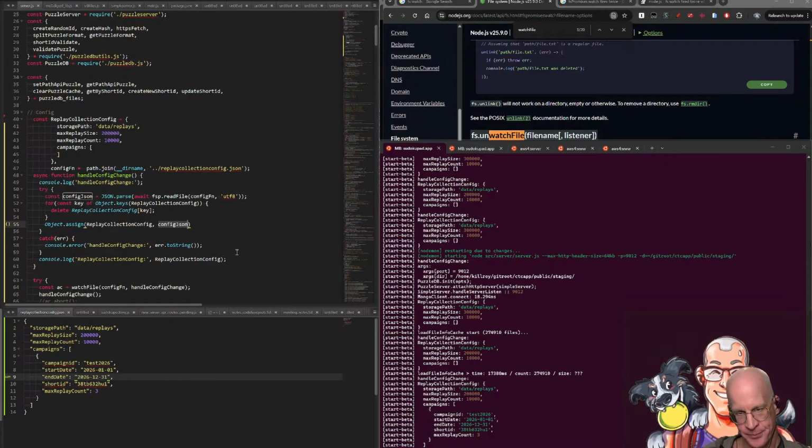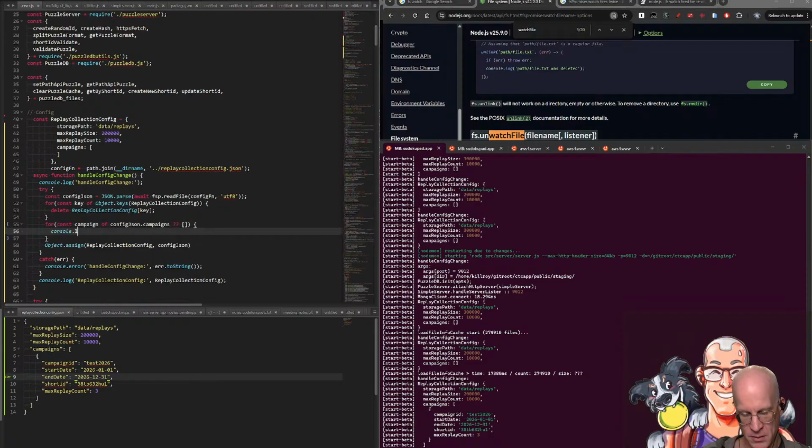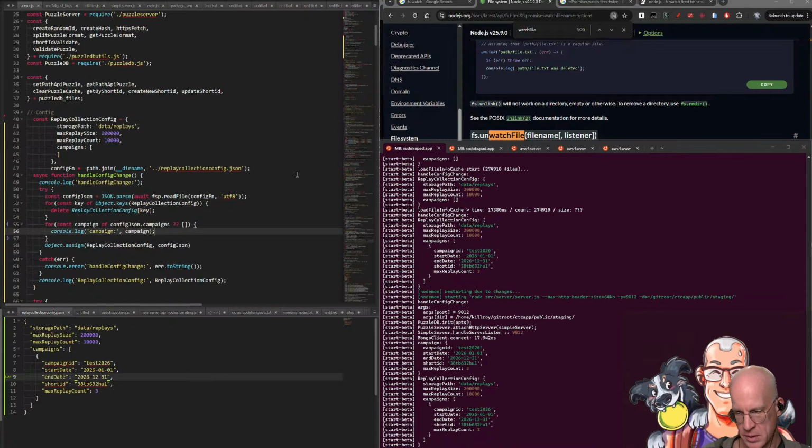Config JSON dot campaigns dot. So if I do this, right, for const campaign of this, console.log campaign, right, that should just output each campaign,